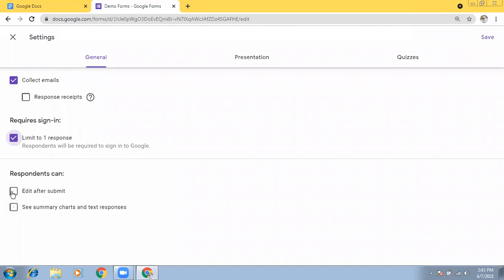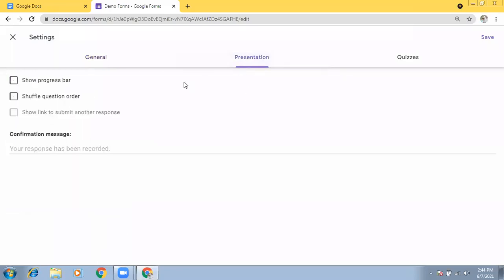And if you want to allow them to edit once after they submit the responses, you can check this one. Or if you do not want to allow them to edit once the form is submitted, don't check it. Then if you want the respondents to get feedback, meaning the summary of the responses, you can check it. Otherwise, if you don't want to give any insight into the responses to the respondent, then you don't check it.